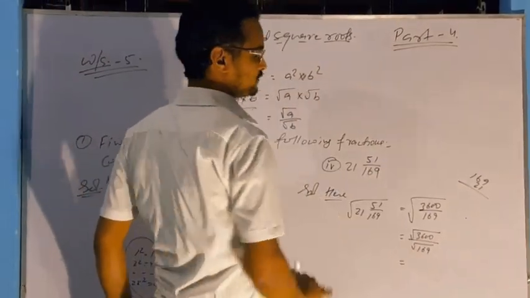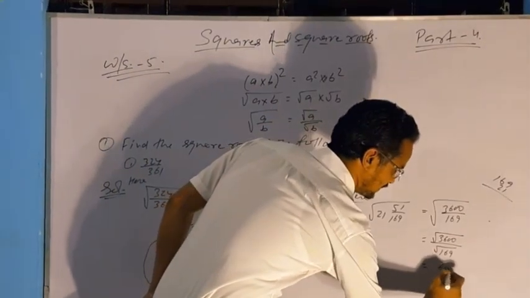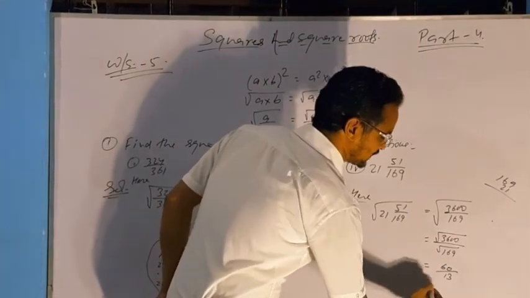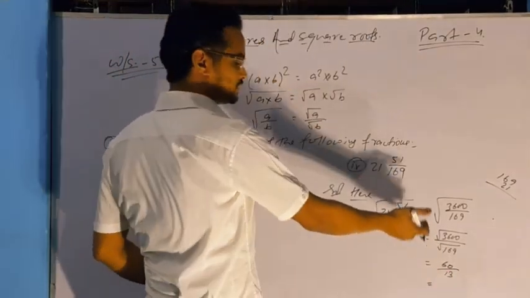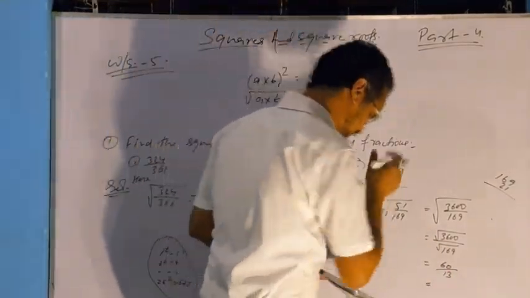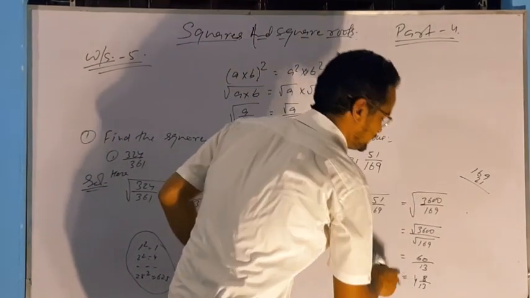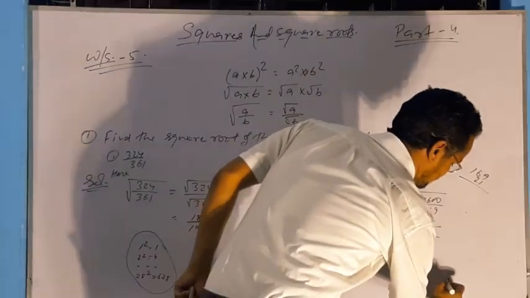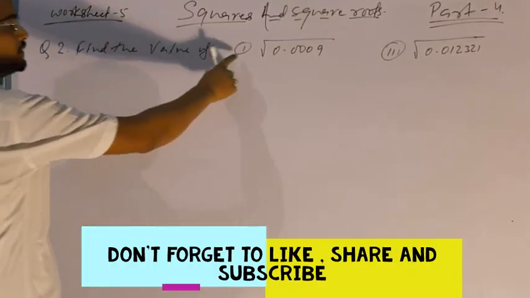We know that the square root of 3600, that means 36, is 60 and the square root of 169 is 13. And it is an improper fraction, therefore convert it into a mixed number. It is 4 8/13. 13 times 4 and multiply by 8. This is our answer. Question number 2, we have to find the value of the square root of